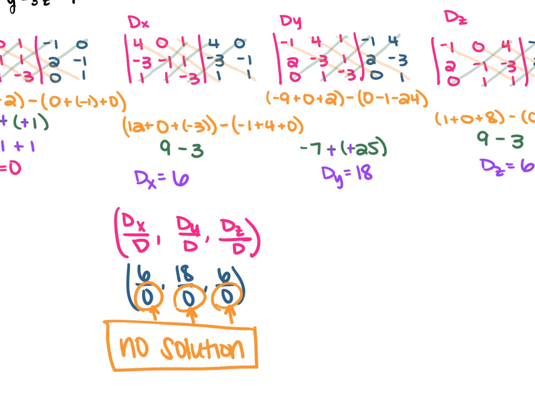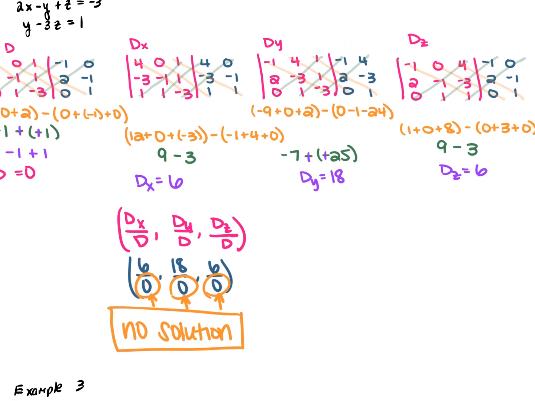Could you have been able to tell this from the very beginning? Yes. As soon as you find d, if ever d is equal to 0, it's an automatic no solution. So do you need to do this entire thing? No. Do I do it so that way you can tell why it's no solution? Yes. But again, if you can tell from d that d is equal to 0, you're going to have a 0 in the denominator, and you cannot have 0 in the denominator because it's undefined,